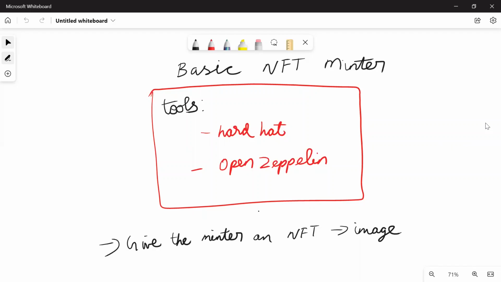The second tool is going to be OpenZeppelin. OpenZeppelin is a smart contract library, which enables us to import their contracts and utilize their functions. So for this contract, we are not going to write the NFT contract from scratch, but we will be importing